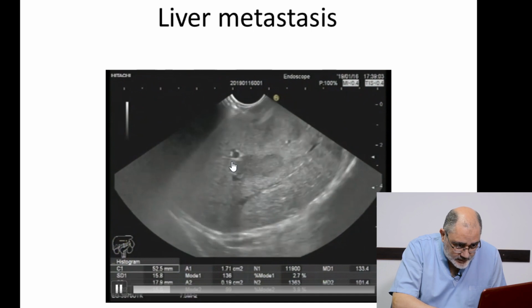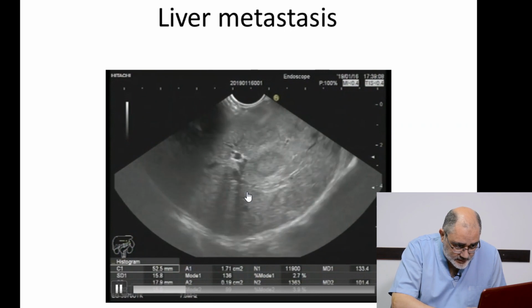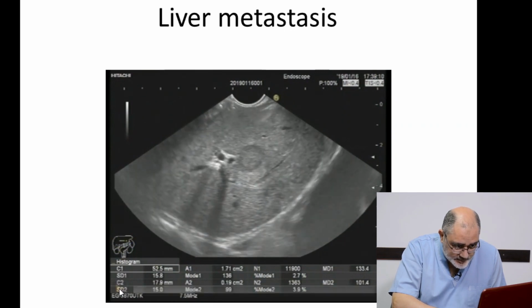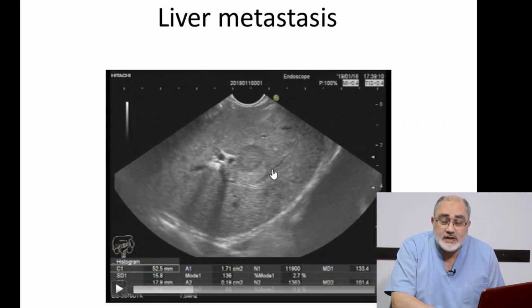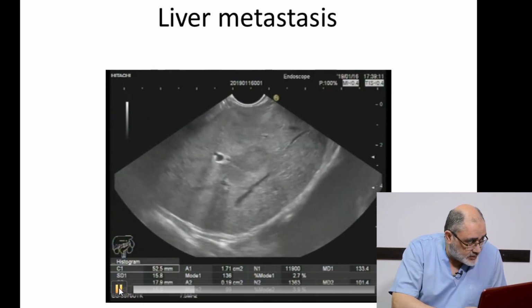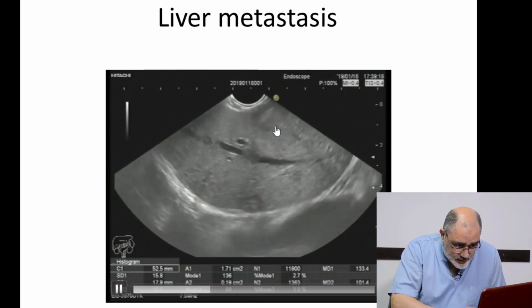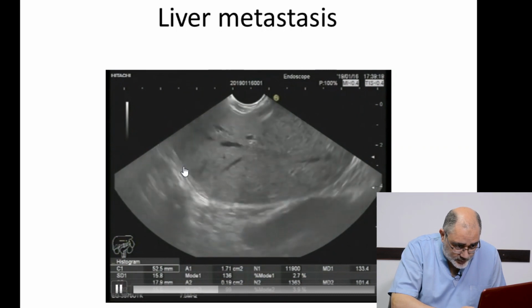Yes, and this is the left hepatic vein. So they are present in segment 2 and segment 3. This is classic metastasis because it gives what is known as a bullseye appearance. There is a peripheral halo. You notice that the center is more hypoechoic than this peripheral rim. There is a peripheral rim, slightly hypoechoic. So this picture goes with liver metastasis. They are present in segment 2 and segment 3, and this is the left copuloid diaphragm, and this